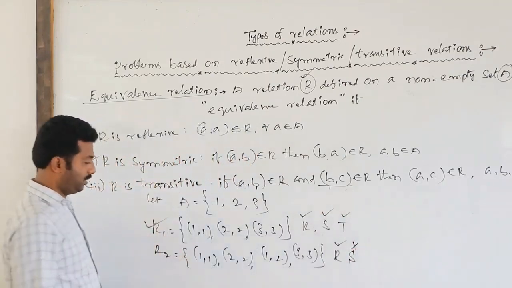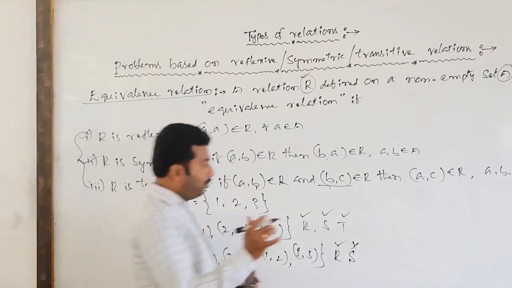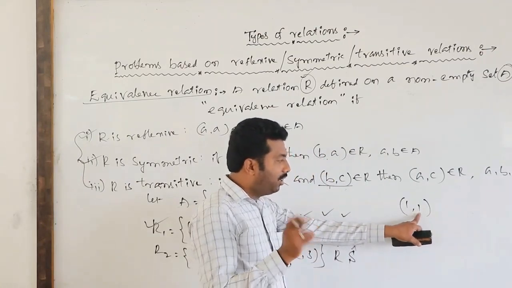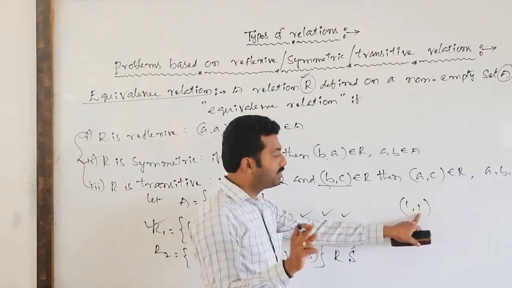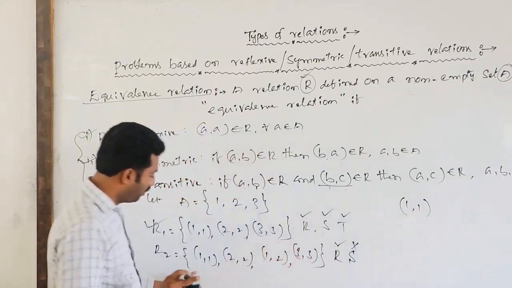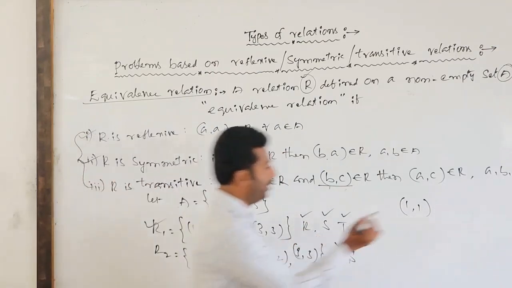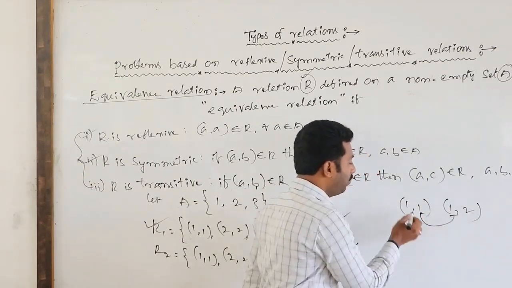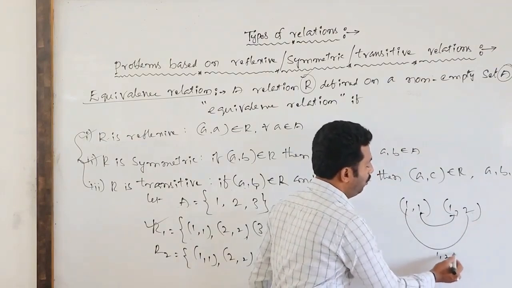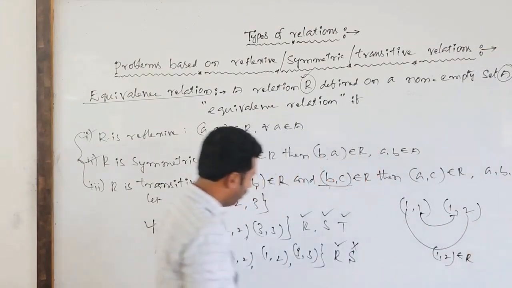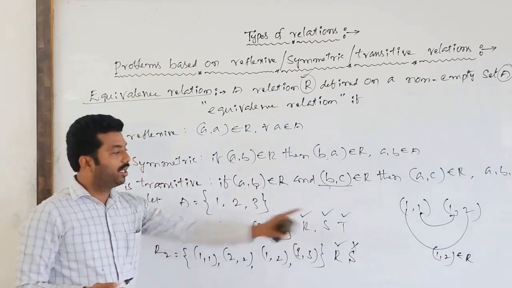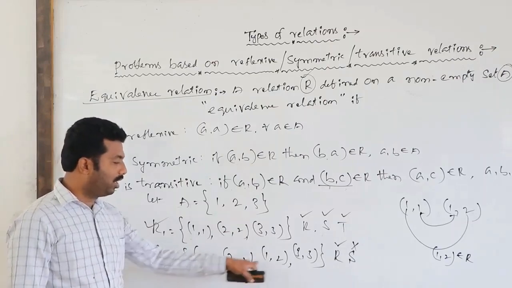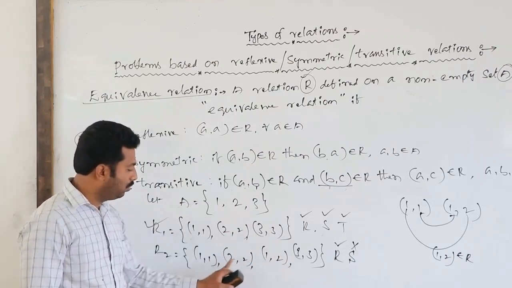Next, transitive or not. See, how to check transitive? Suppose (1,1) pair if I select, any other ordered pair whose first component is 1, is there or not? See, (1,1), (1,2). See, link is there. There is a link. Then what we have to verify? (1,2): whether (1,2) belongs to capital R or not? Yes, already (1,2) is there. Trivially that is transitive. 2: no other pair starts with 2. Yes, (1,2). See here.